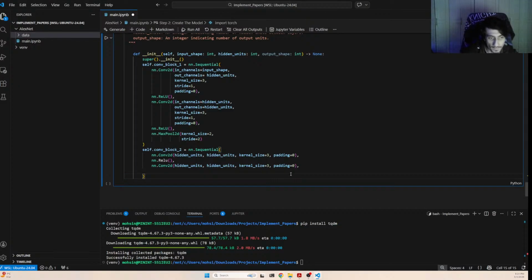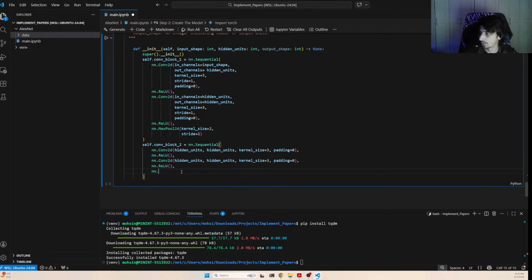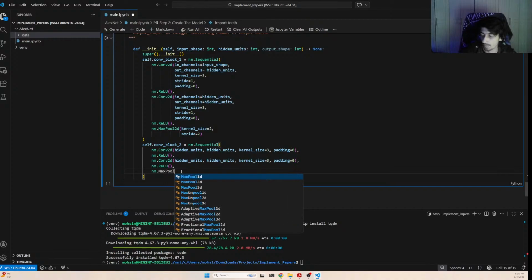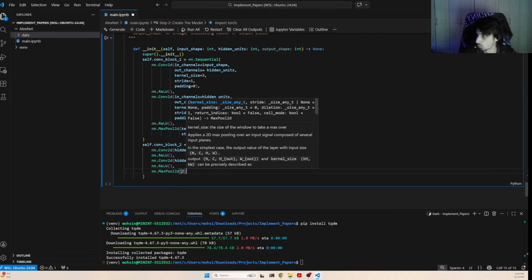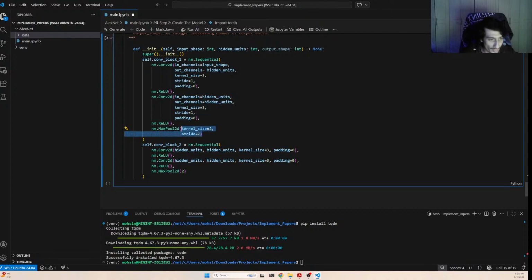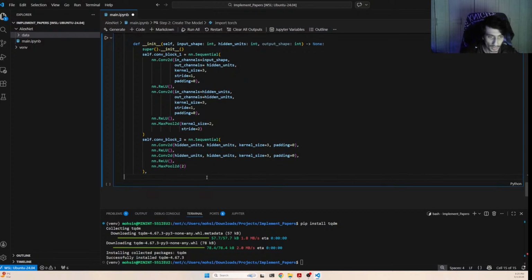Then we have our convolution layer, the activation function, then another convolution layer. So we did this, then we copy this again, and L should be capital. Then we do max pooling of 2, which is basically exactly this thing. And once we are done with 2 convolution blocks, then we are going to set our classifier, which is the last layer. So this is self.classifier,